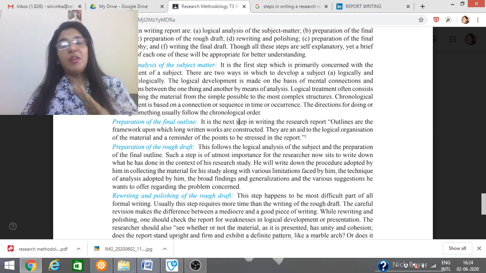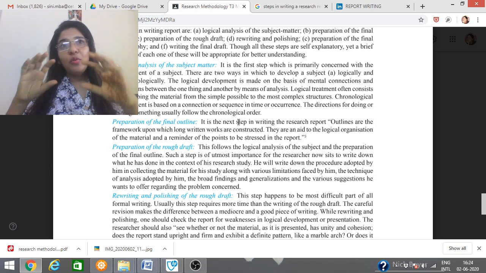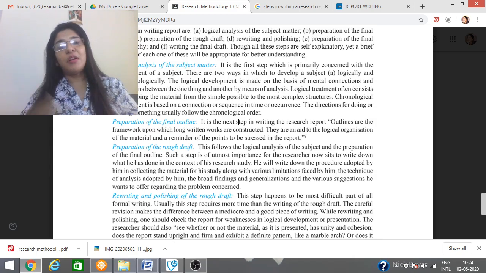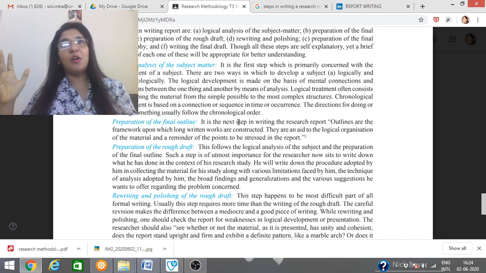The next chapter will be your analysis, the next your findings, suggestions, and results. Finally, you conclude it. So you have made a framework based upon the logical analysis. That is the second important step to keep in mind: based upon the logical analysis, you make a framework, the preparation of the final outline.